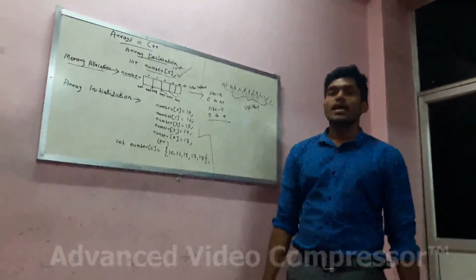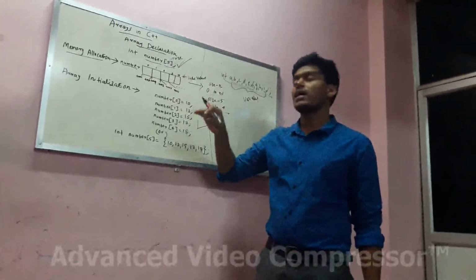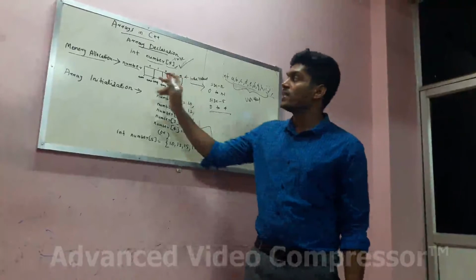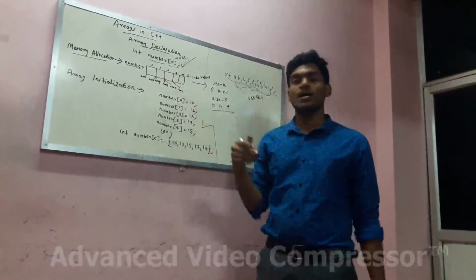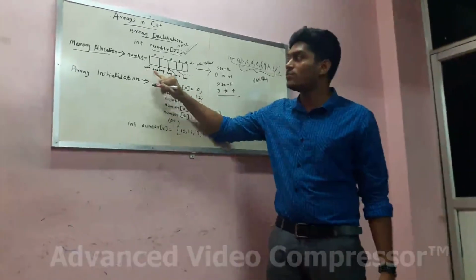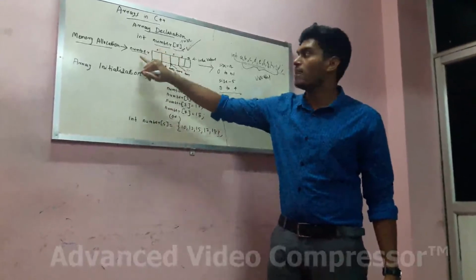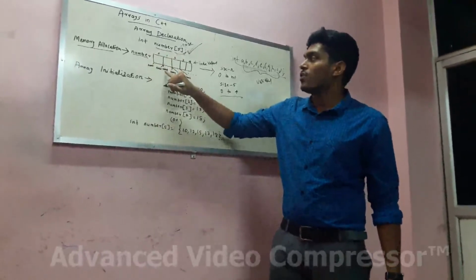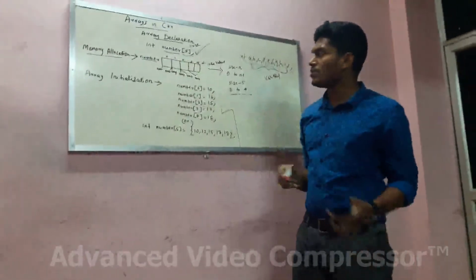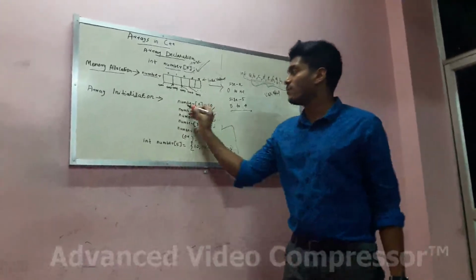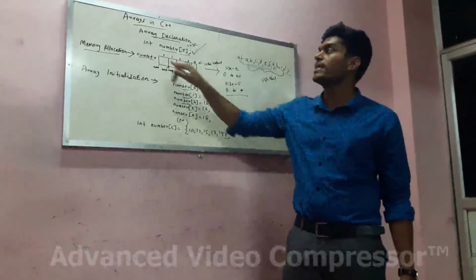So we know that the array is storing different data, and each data needs memory. Each data is integer data, and each integer data needs 4 bytes of memory. So we are taking an address 4000. Then 4000 to 4003 will be taken by the 0th position data, number of 0. 4004 to 4007 will be taken by number of 1. So it is represented by using number of 0, number of 1, number of 2. So this is how we are accessing the data from an array.